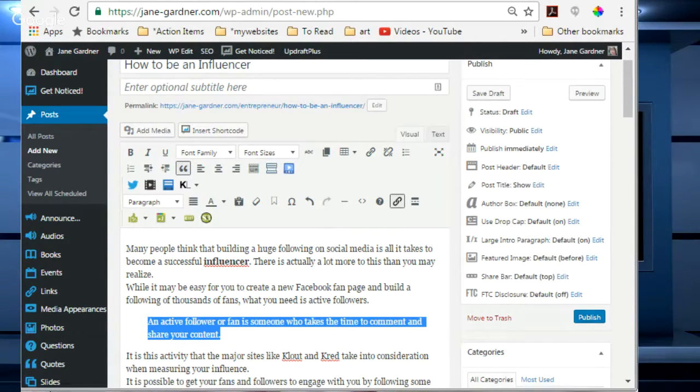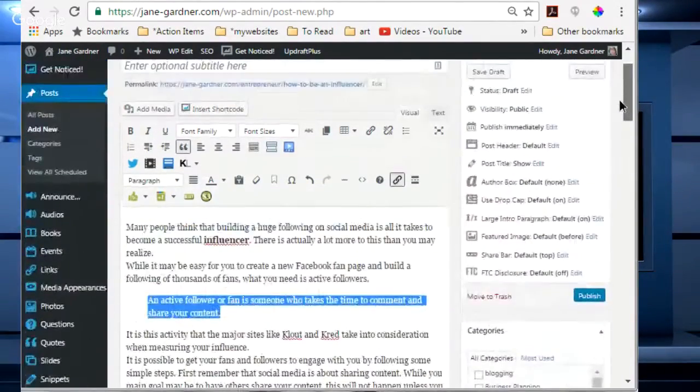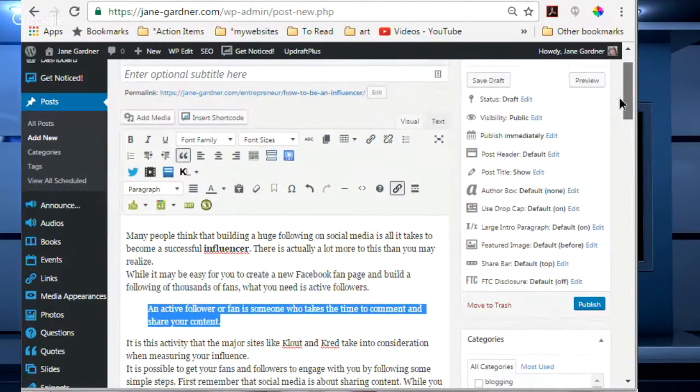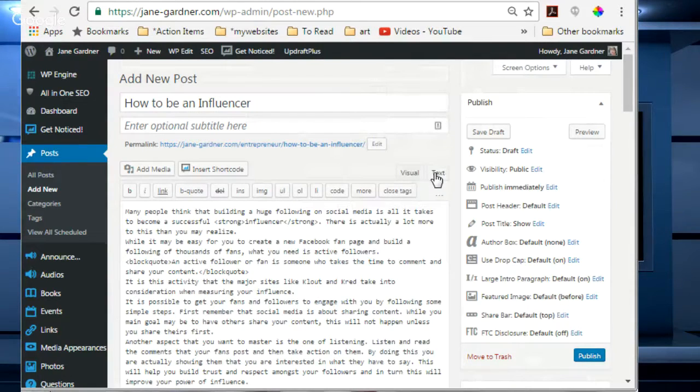Okay, now let's go. This is in the Visual tab editor, which shows you what the post will look like on the website. And let's have a look at what they call the text tab, but it's actually the HTML tab. There is some HTML in here, not too much. Right now I use the strong HTML